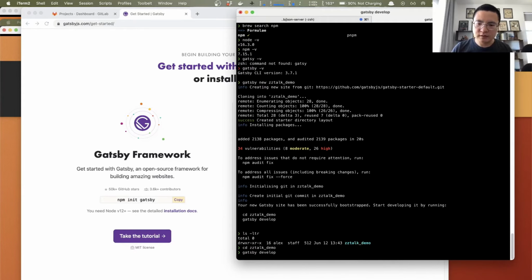Hit enter, and all right. So our website should be up and running. So all we need to do, we just need to check localhost and 8000. Here we go. This is the default starter of the Gatsby website. Cool. This is the sample Node.js web application. It's pretty quick, right? So now we can jump to GitLab, and let's create a project